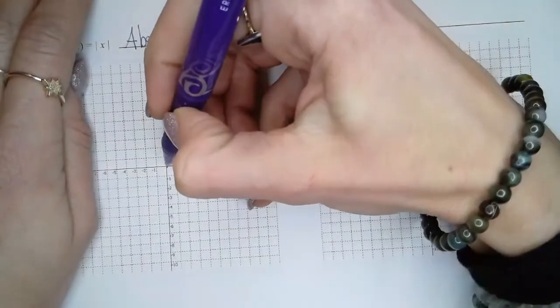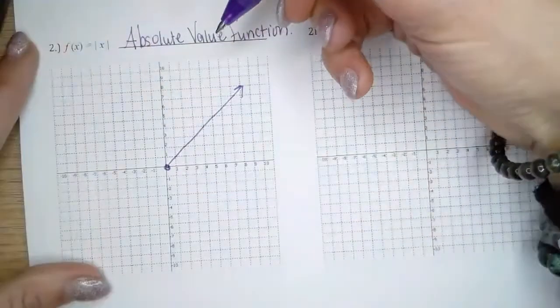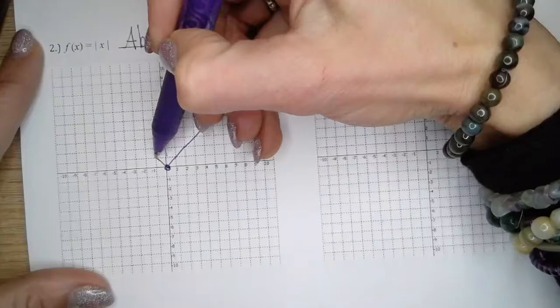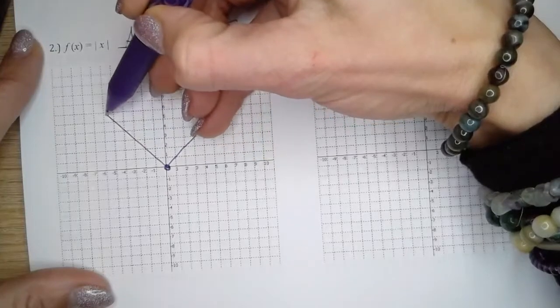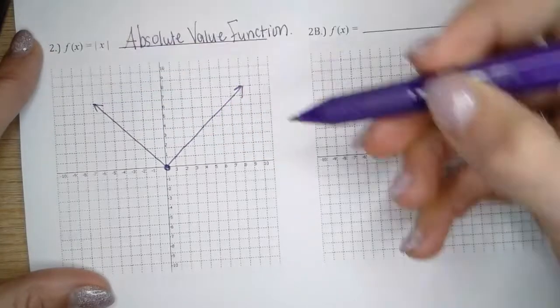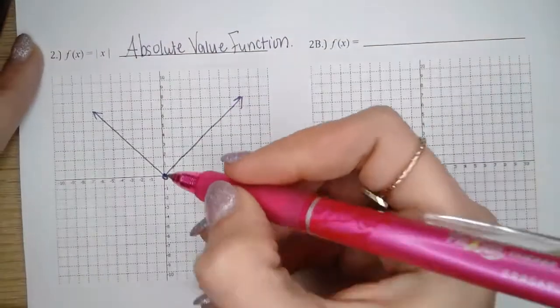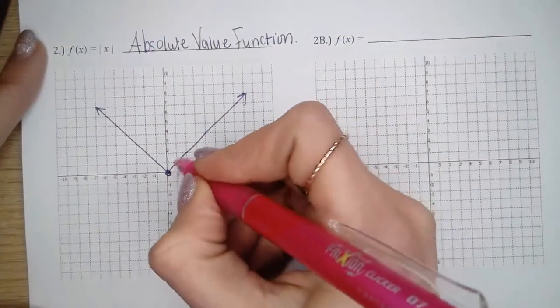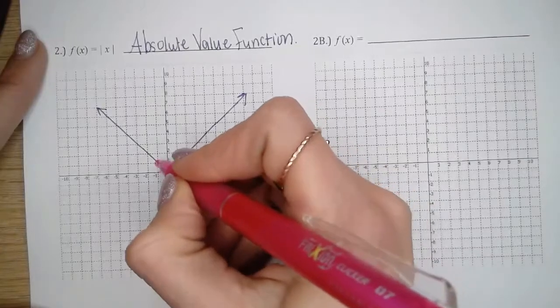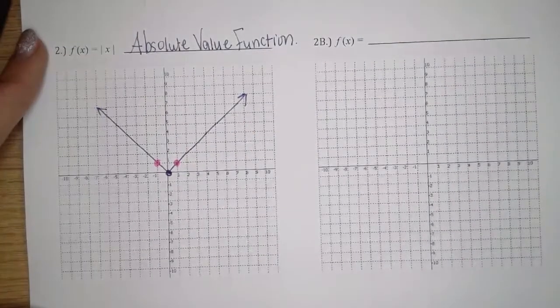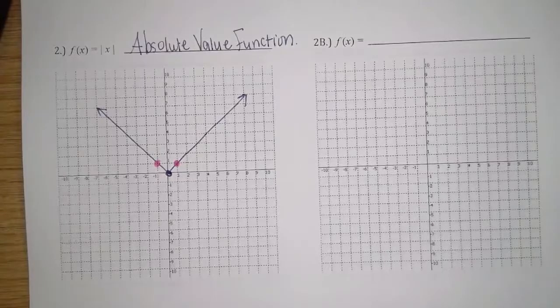And it has a vertex right there at (h, k). And then it's going to go up and over in the second quadrant. And then the points that we're going to focus on for my stretches or compressions are those right over there. So if I make up an example, let's do